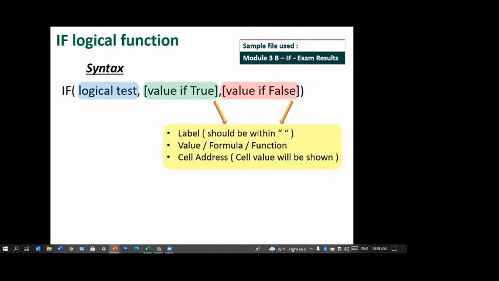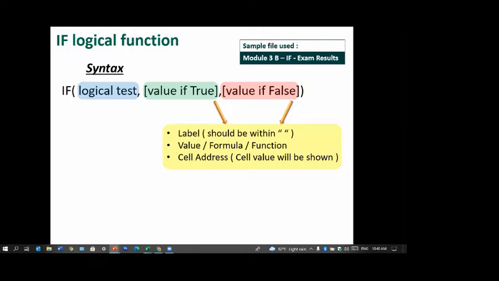For example, we can say we want to calculate a commission for the people who have done more than 1 million sales. So we can say if the sales value is more than 1 million, then 2% of sales value. Or you can say we are giving a fixed amount. You can say 5,000, otherwise 0. That's a fixed amount value. A formula also you can give. What do you do? If the sales are more than 1 million, then 1% into sales. So it's a formula. Otherwise 0. Comma 0. Otherwise no. You can give a function.